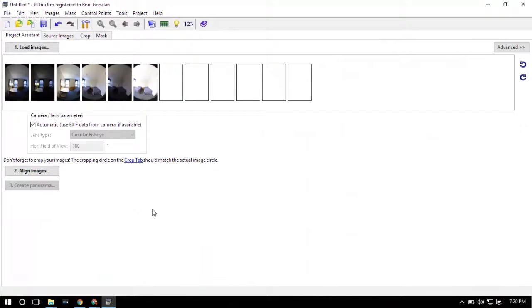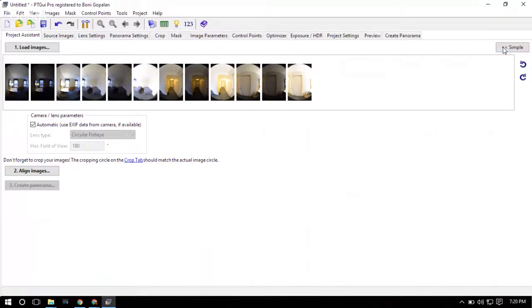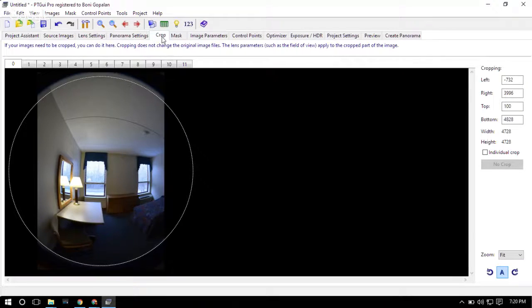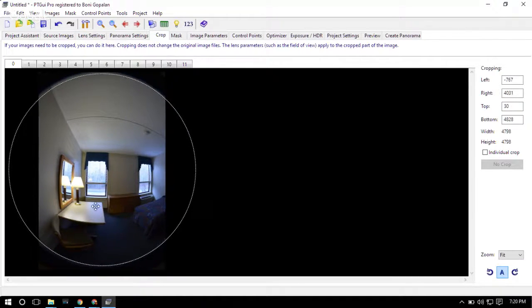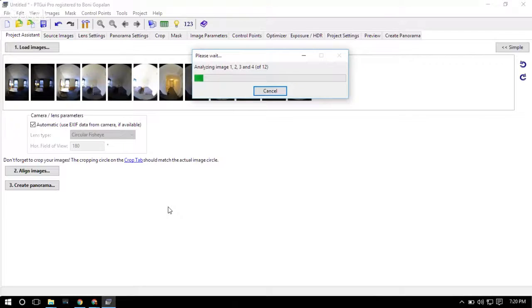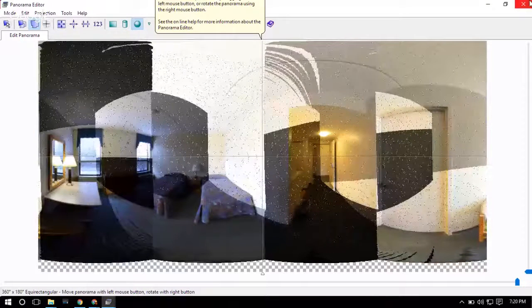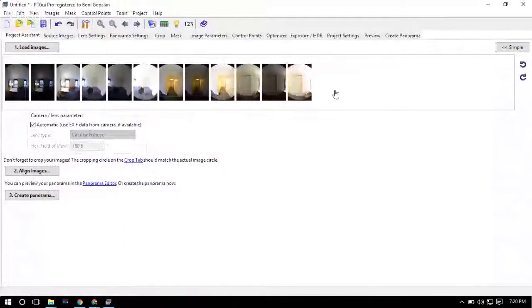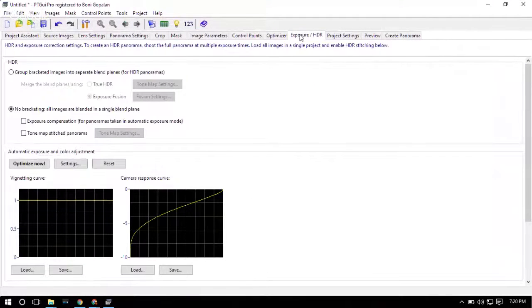click on the Advanced tab, go to the crop tab, adjust the cropping and align images. You will see that this image will be stitched seamlessly. Close the window, go to exposure and HDR. As we recommend exposure compensation for Google Street View images,